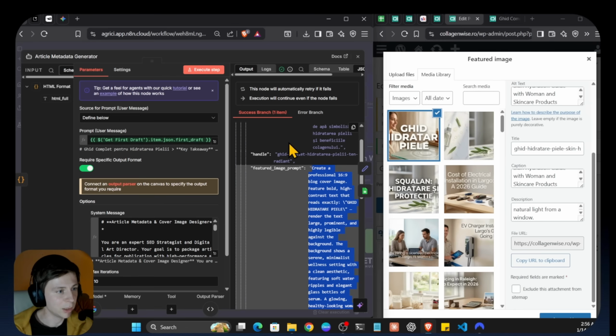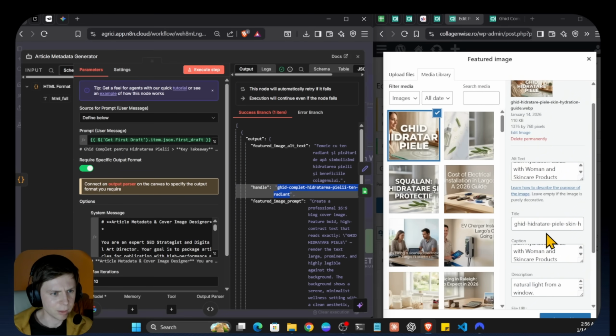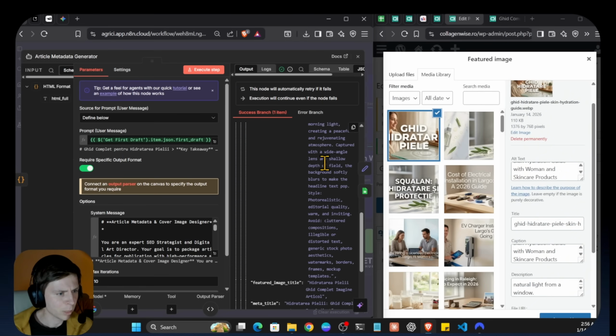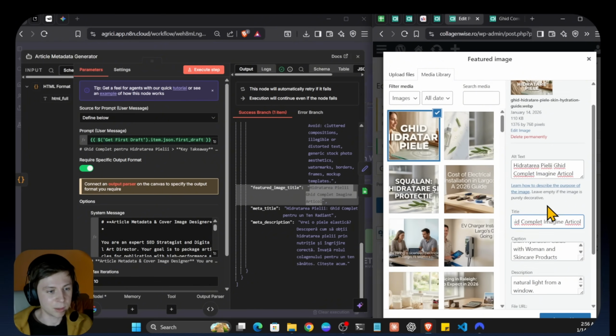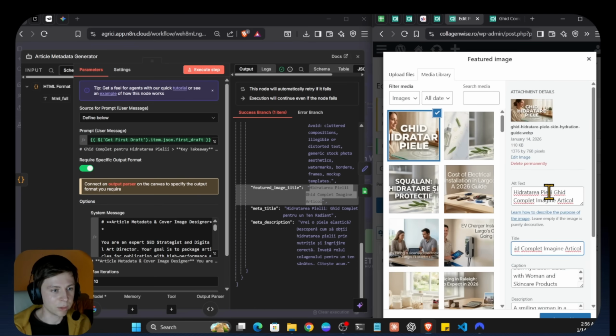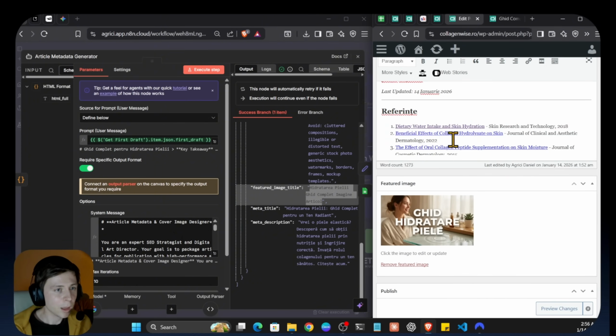Next, I'm going to go back to n8n, and here we also have the handle. So even here for captions, let's say the title is the handle itself, okay? Where was it? Featured image title, right here. Perfect. Copying. So this is the alt text itself, and this is the title also. Here we also have the description of the image, and we also have captions. Perfect. So now we're just going to press on save, and straight away